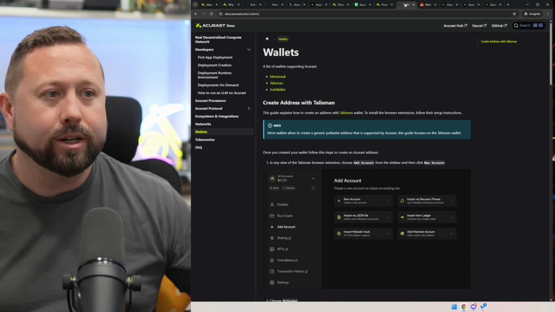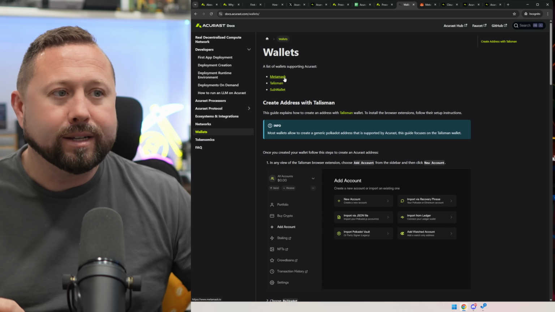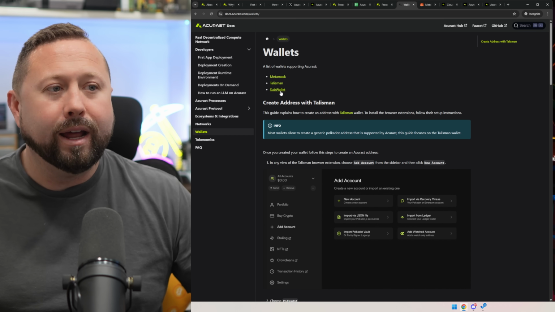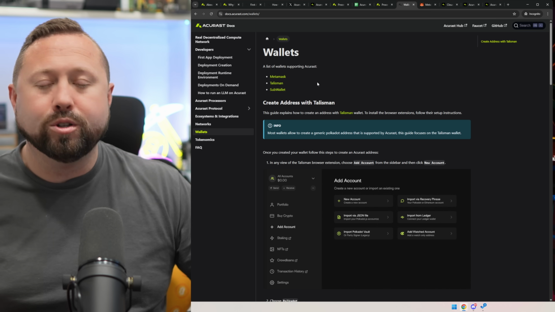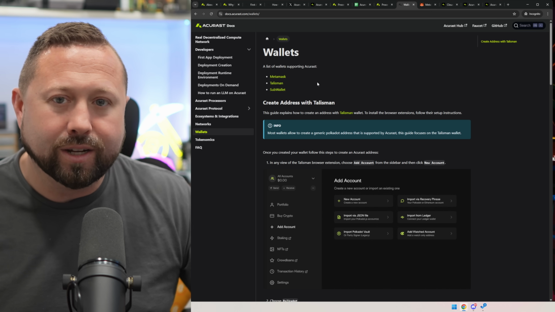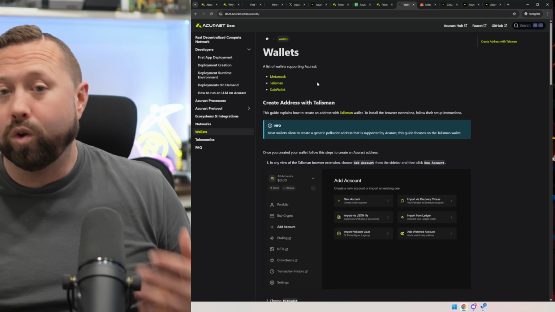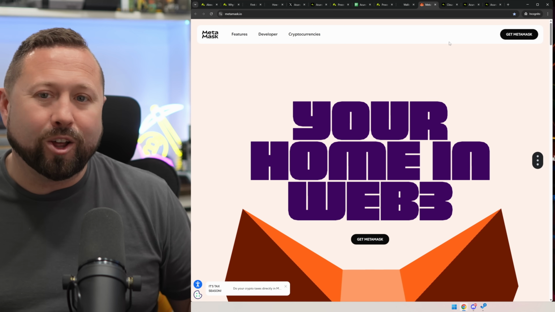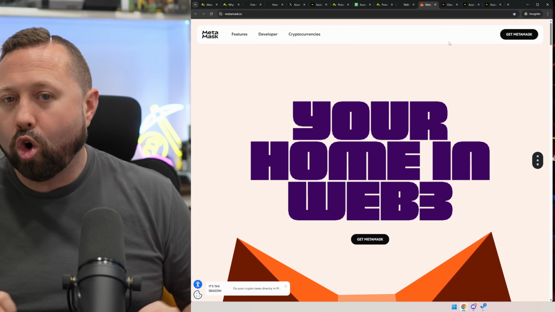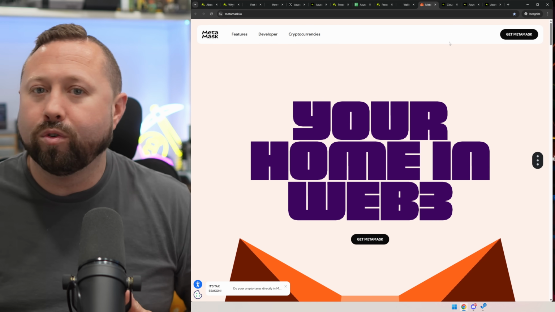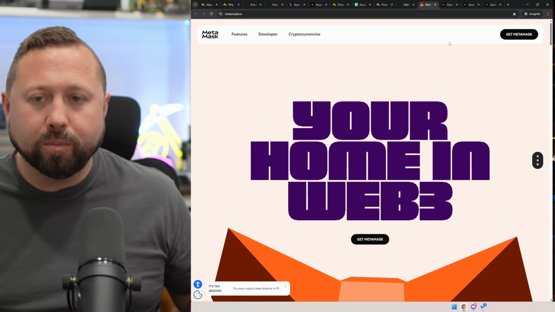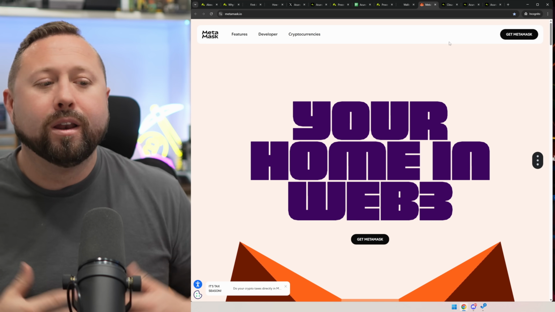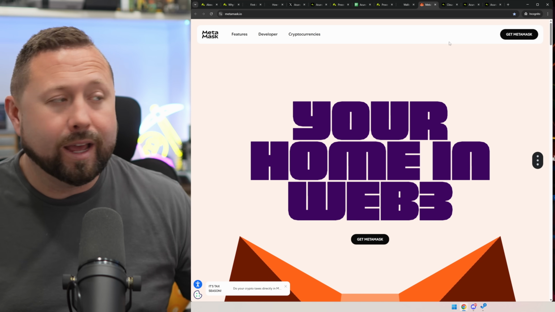And under the wallet section here, they have MetaMask, Talisman, and Subwallet. I'm going to recommend using MetaMask. A lot of the things on their site integrate with it. It just makes it really, really easy. So what you're going to want to do is you're going to install the MetaMask Chrome extension. Those of you guys coming over from traditional crypto mining, you're very familiar with MetaMask. Nothing new, nothing different. So go ahead and get that installed.